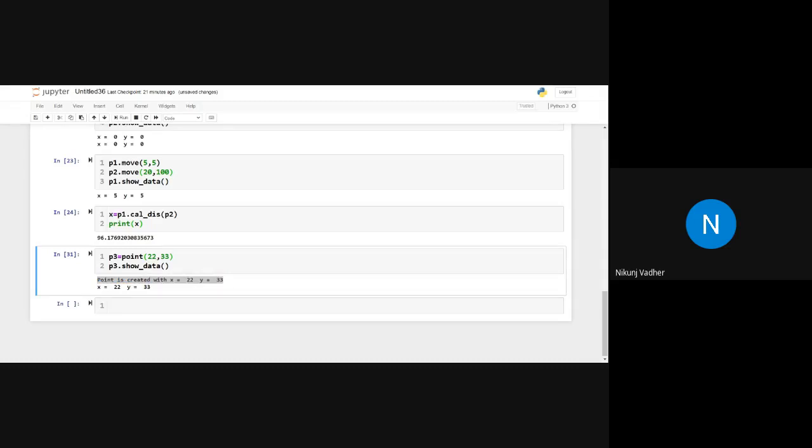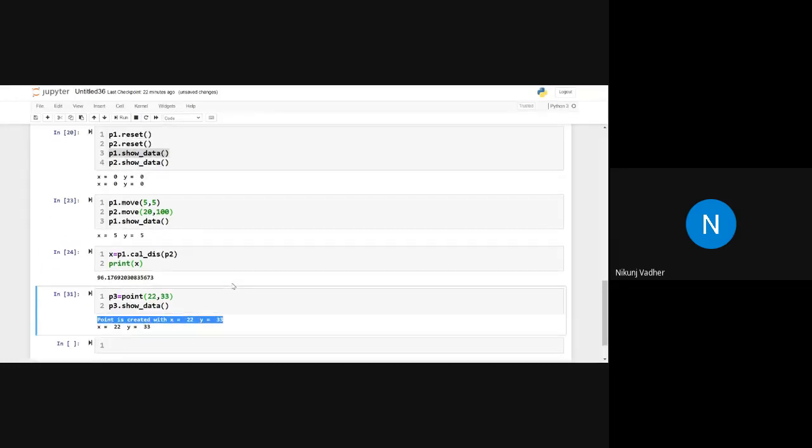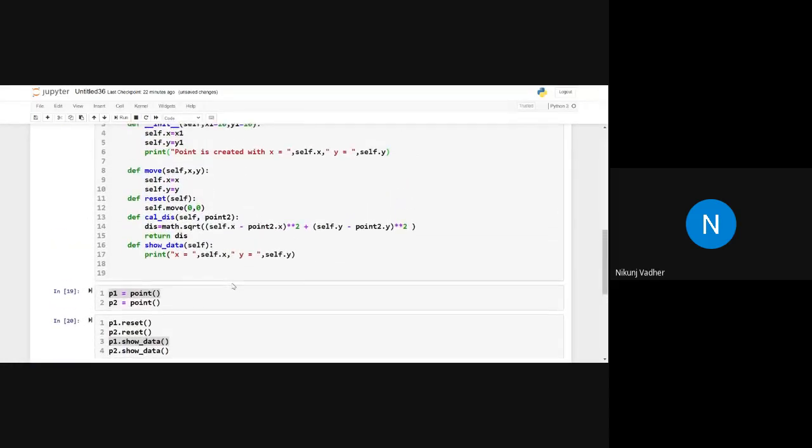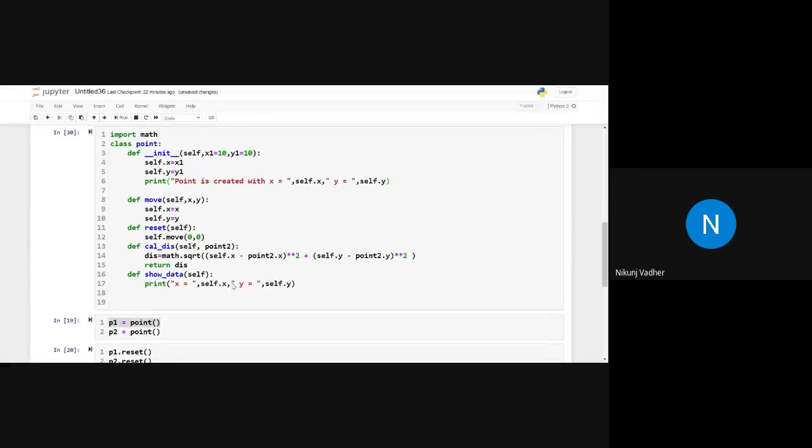So all of you clear with this? Or in simple terms, let's say you want to initialize a point to 0, 0.